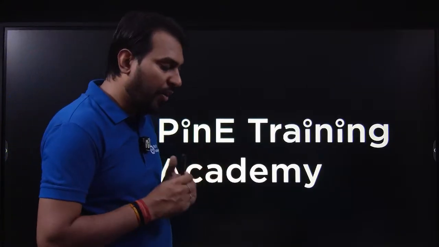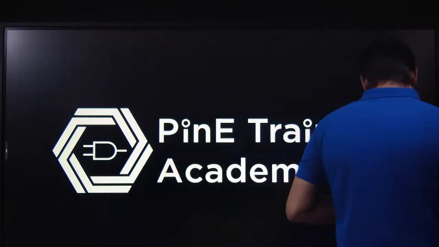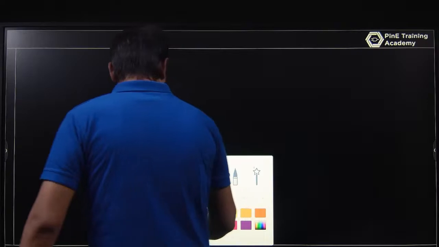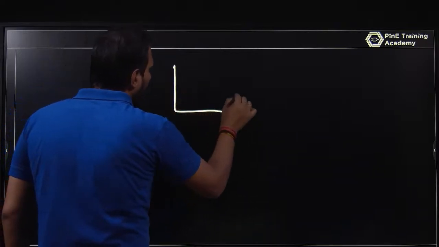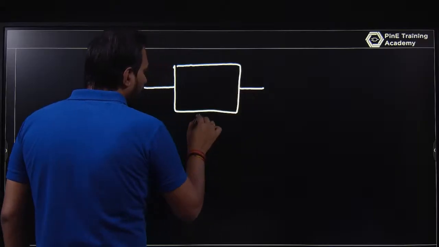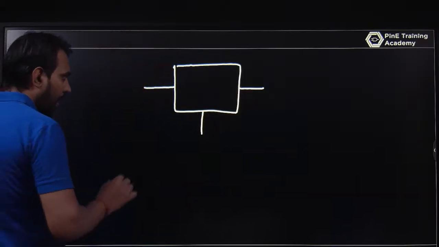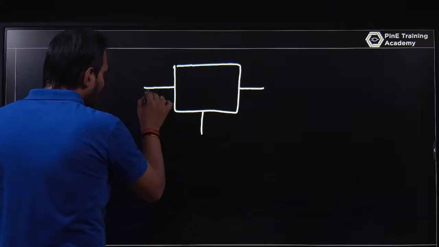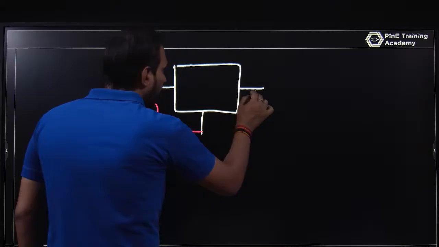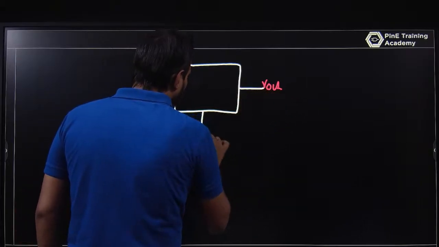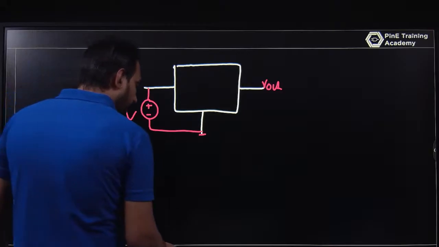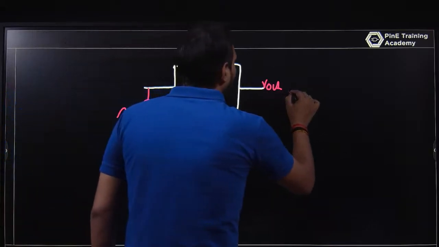Now I am going to start the amplifier. So what is the meaning of that? Basically I am explaining it in such a way. You have one box, and we have one input, one output, and one common. I am providing the input with respect to something, let this be with respect to this, and we are trying to determine the output voltage with respect to this node. Let me provide the input voltage like this, and we are trying to determine in such a way